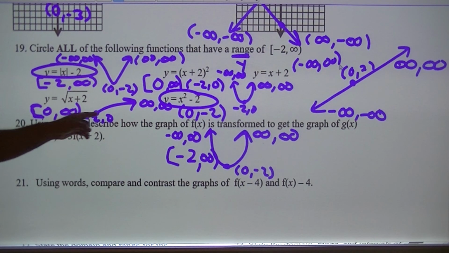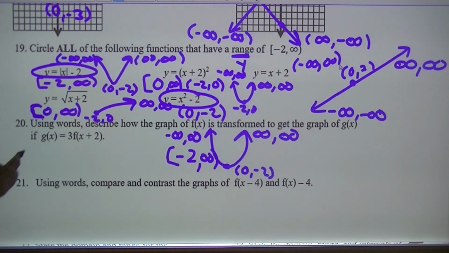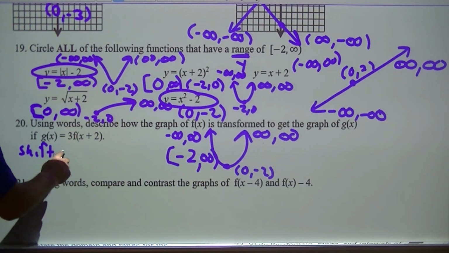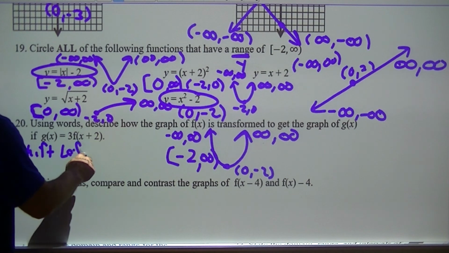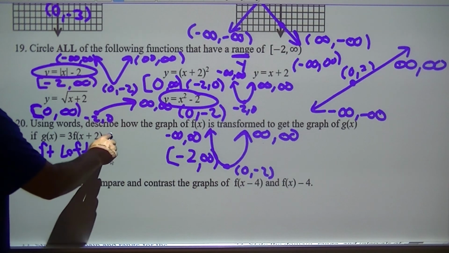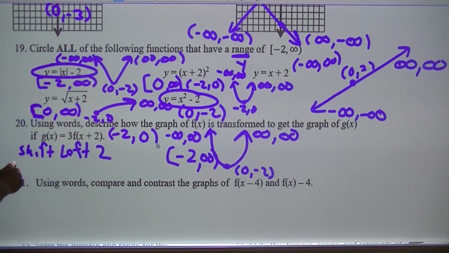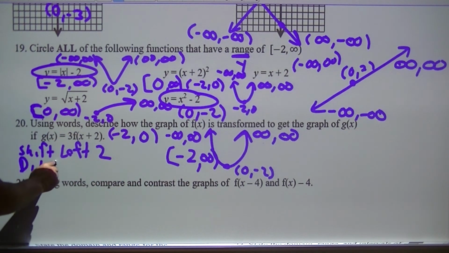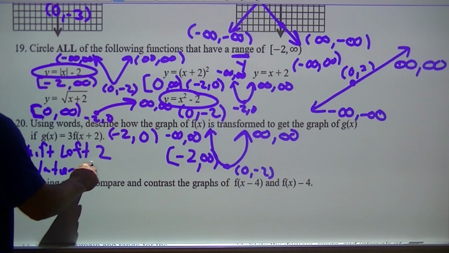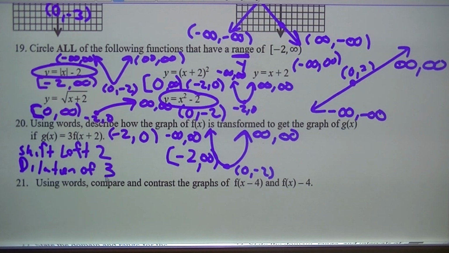Using words to describe the transformation. You could give me a shift left 2, because my anchor point would be negative 2, 0. And then we talked about this would be a dilation of 3. Okay? This one